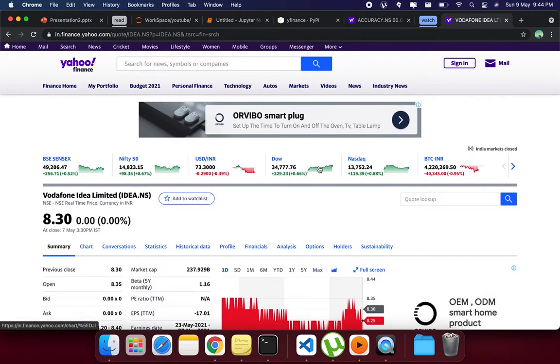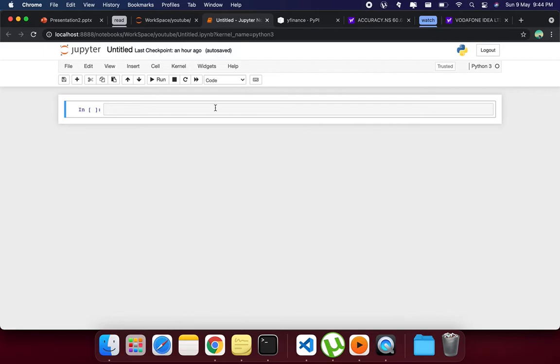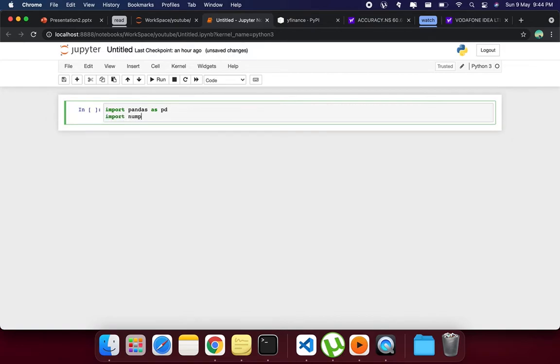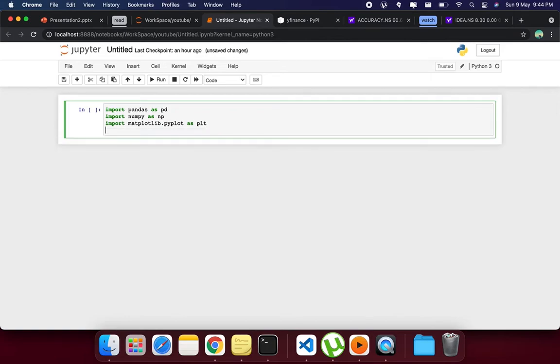Now without further ado, we'll just go for the coding part, and remember that whatever you're seeing here will also be implemented in our application. Okay, so hold on, we'll do all of those. So first of all, let's import the necessary libraries. So we'll need pandas, we'll need NumPy, we'll also need Matplotlib, and Seaborn.